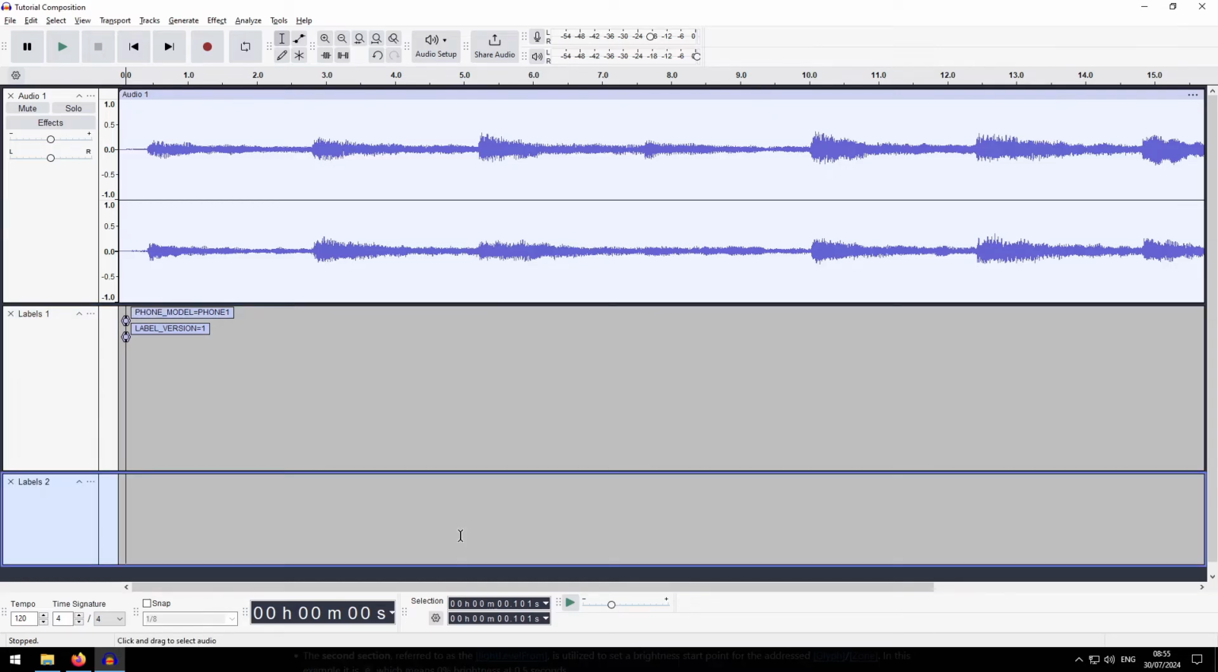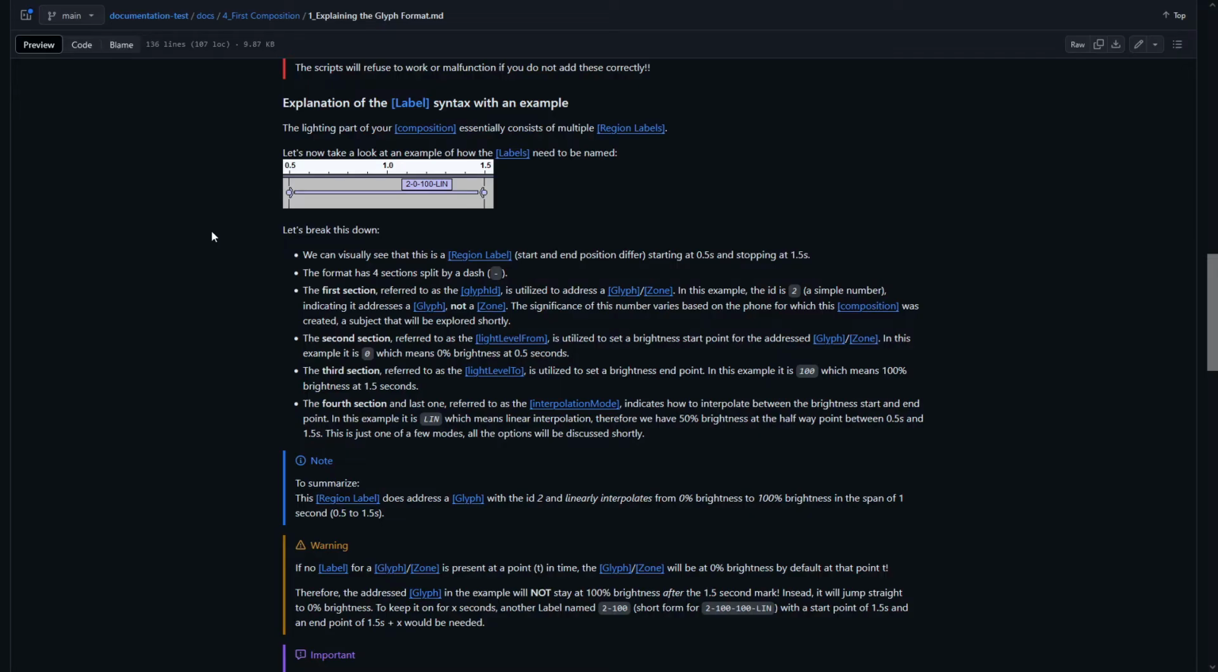If you're using multiple label tracks, place these 3 labels only on one. The lighting part of our composition essentially consists of multiple region labels. Let's now take a look at an example of how the labels need to be named. This is the example. We can visually see that this is a region label because the start and end position